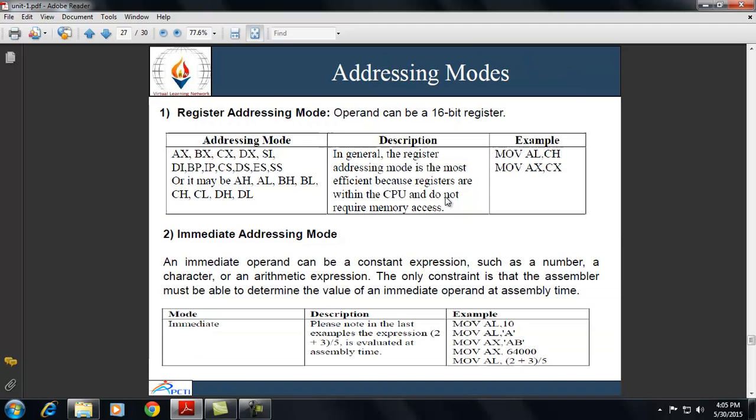Now, next is addressing modes. The basic set of operands in 8086 may reside in a register, memory or be an immediate operand. But how can these operands be accessed? Through various addressing modes. A large number of addressing modes help in addressing complex data structures with the easiest method.